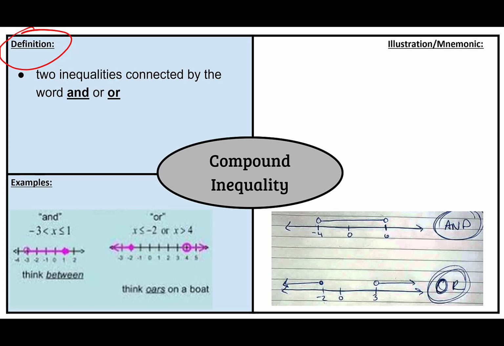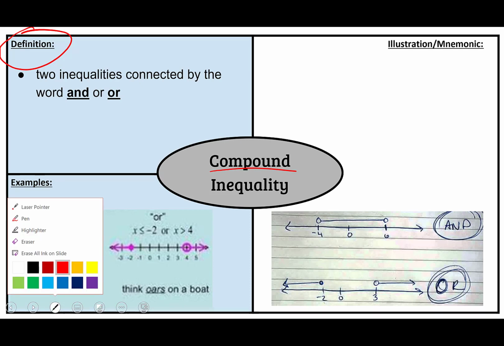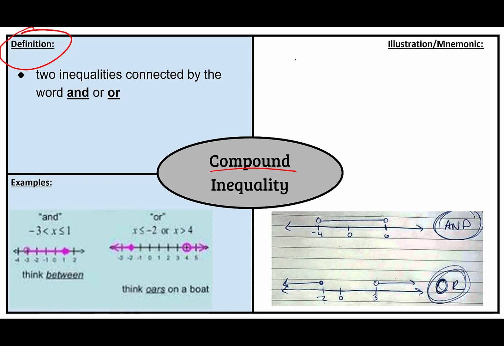That term compound really comes from the term of combining two different things. In this case, we're combining inequality statements. And to understand the difference between "and" or "or," I like to use a nice picture mnemonic. So when I write the term "and" over in this mnemonic section, I like to draw a line underneath it connecting two dots. Doesn't matter if they're open or closed because that's a different kind of thing that we have